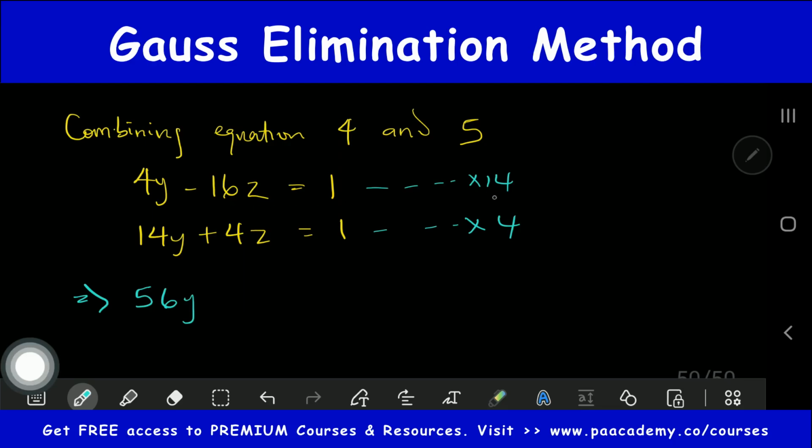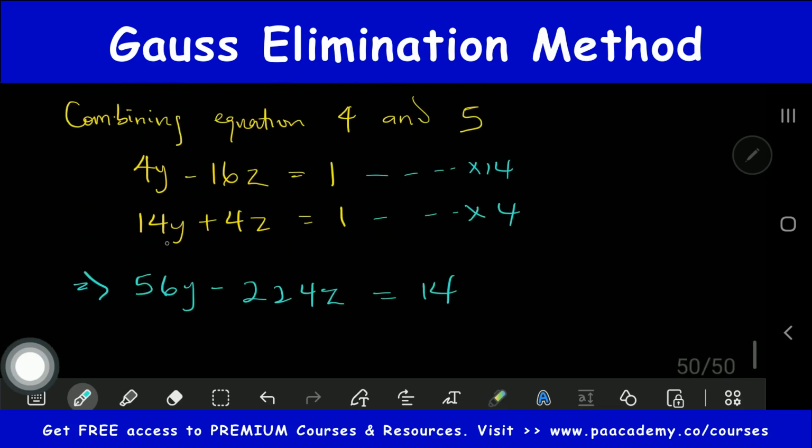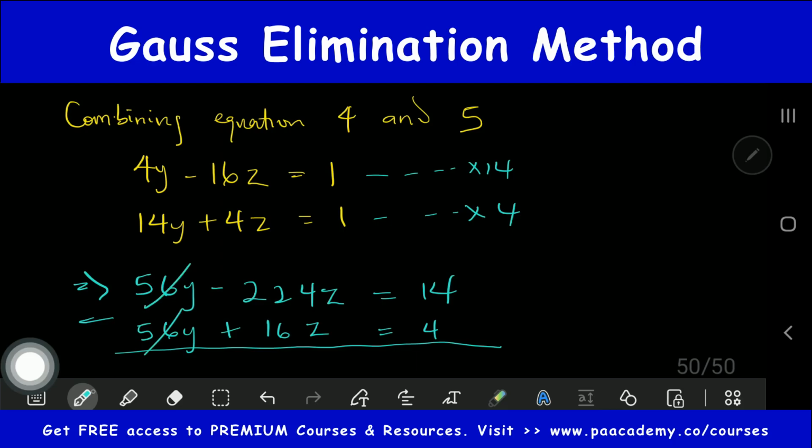minus 16z multiplied by 14 will give us minus 224z, then equals to 14. So 1 times 14. So if you should do that here, so we are also going to be having 14 times 4, that will give us 56y, and then plus 16z equals to 4. All right, so with this now you can go ahead and subtract them from each other. So in doing so, this y will cancel each other, and we are going to be having minus 240z